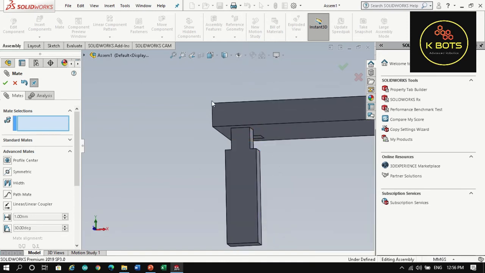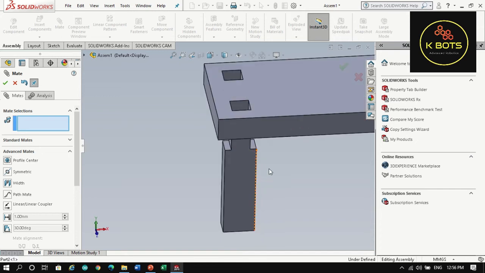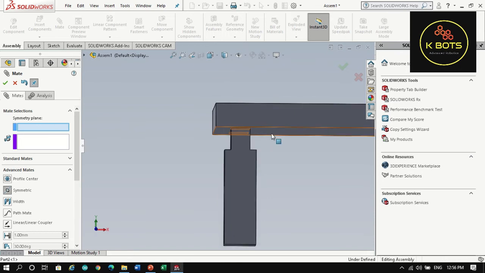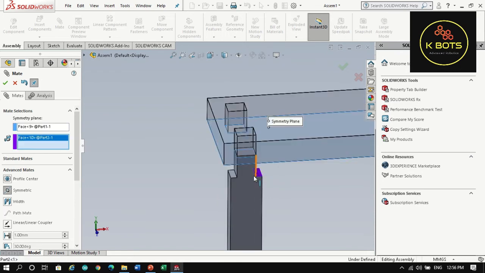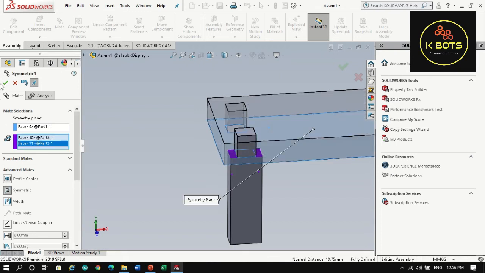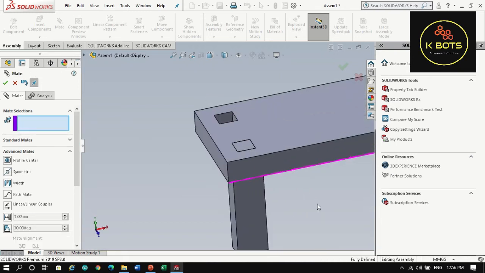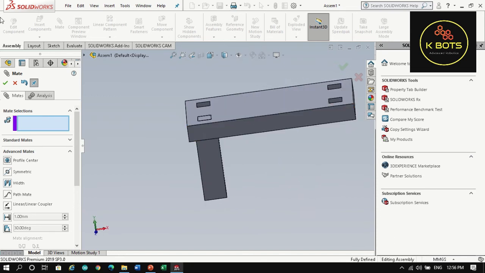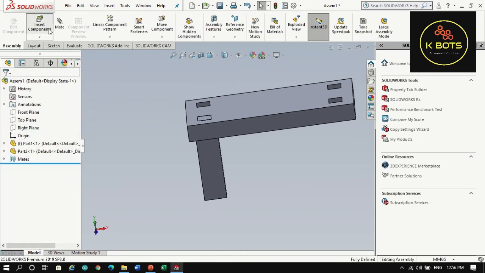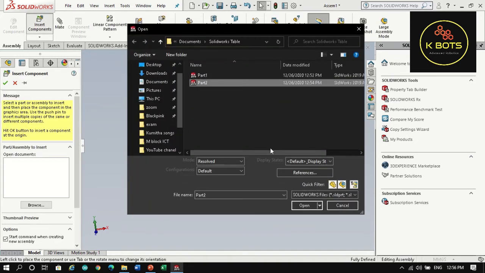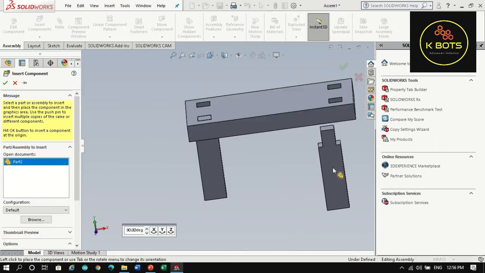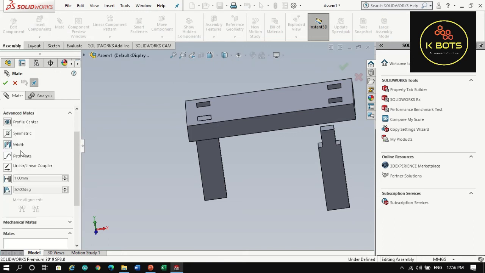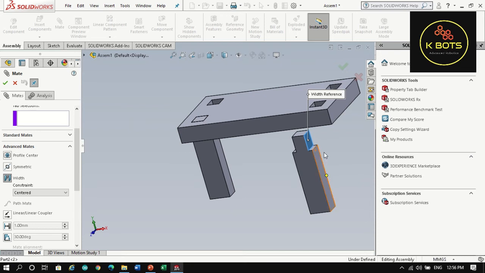Now we want to give a symmetric this plane and this plane, so get a symmetric and select the symmetric plane as here and here and here, and then we'll insert. So we made the first leg, so as it we want to make the other legs, so get a insert and get part 2, drop here and mate it, advanced mate, width, and click here,